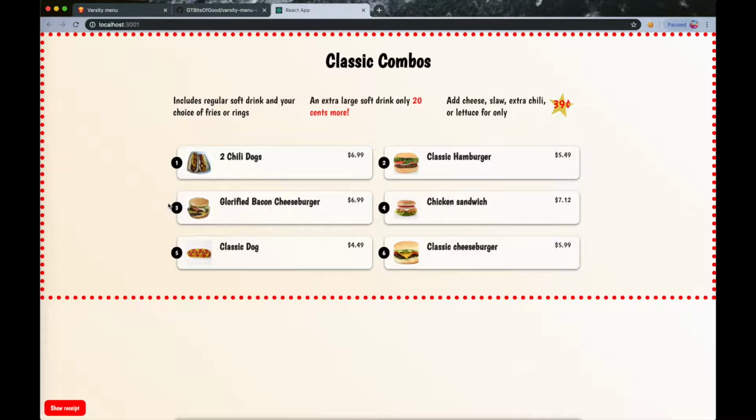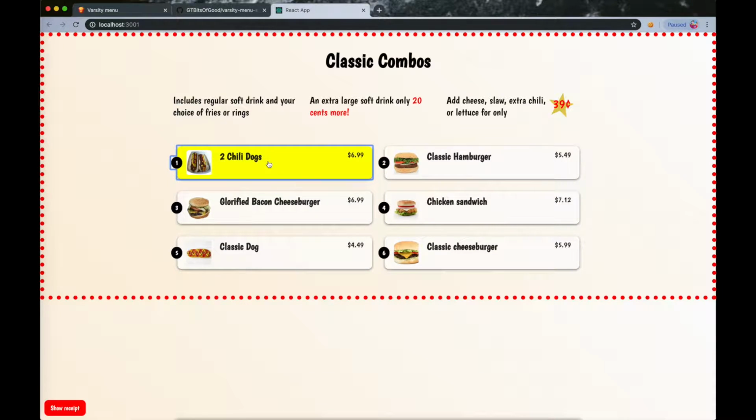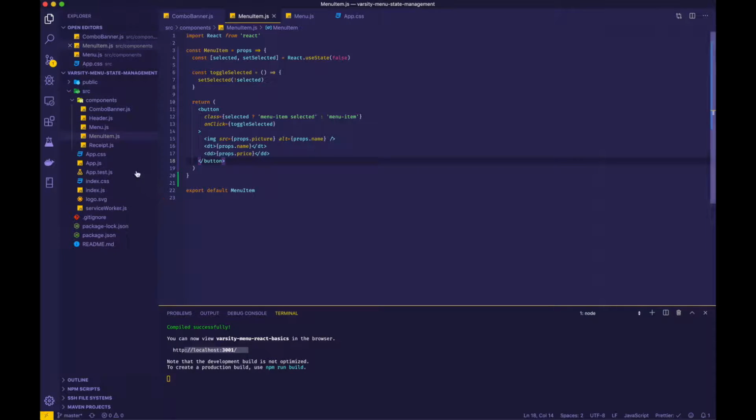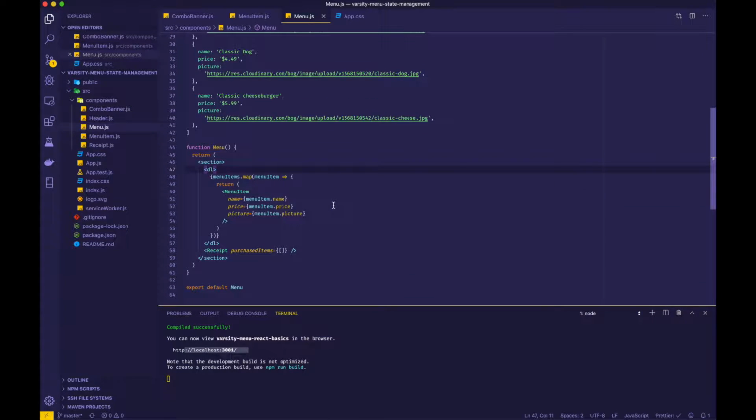So now comes the more difficult part, where we want to update the orders that are listed inside of our receipt, depending on whether or not we have selected an item. And this is going to involve managing state inside of our menu component, and then telling our menu item how to update that state. But before we jump into that, first I just want to go over how the receipt